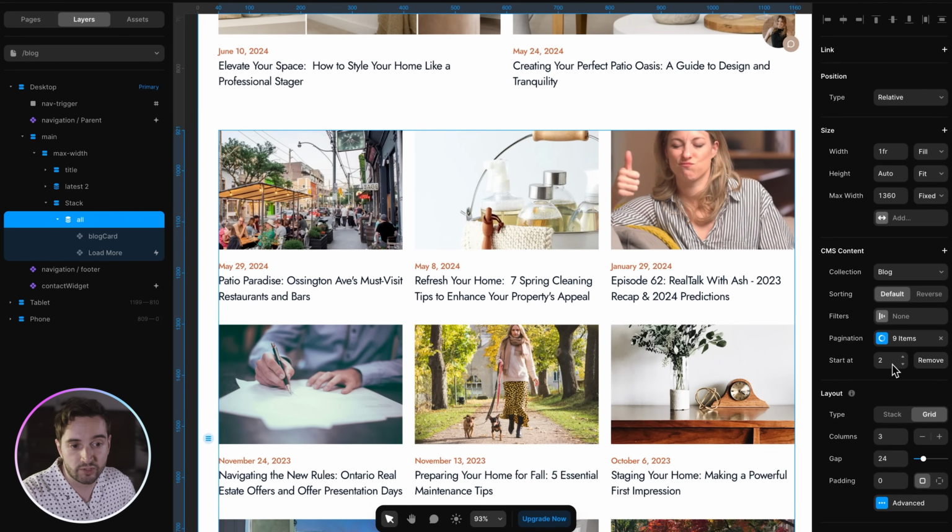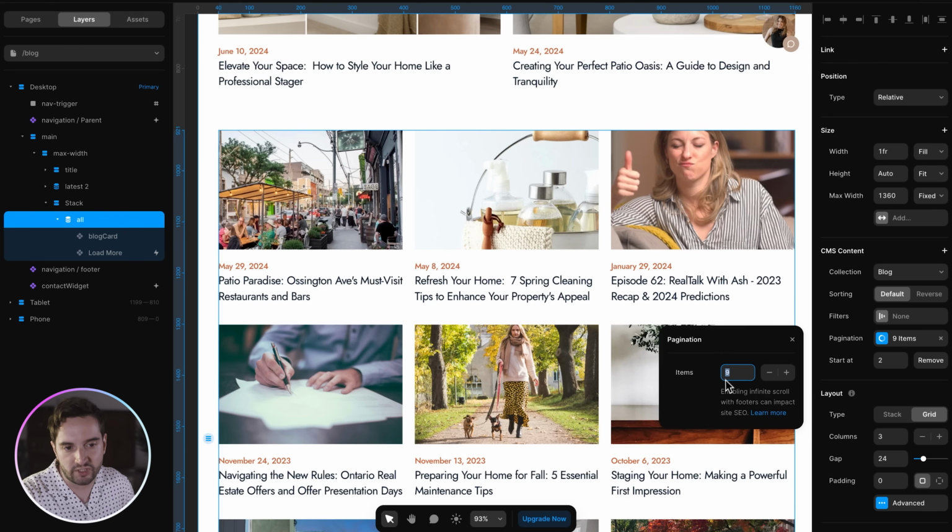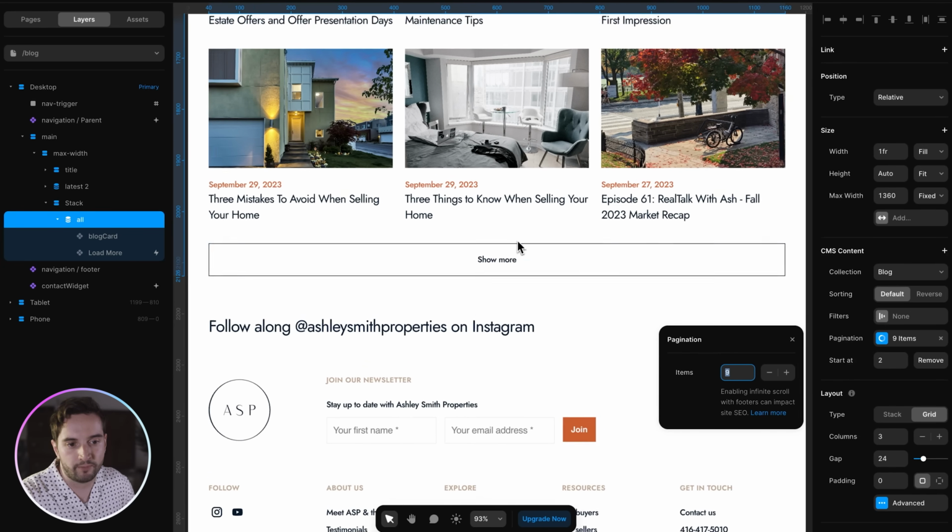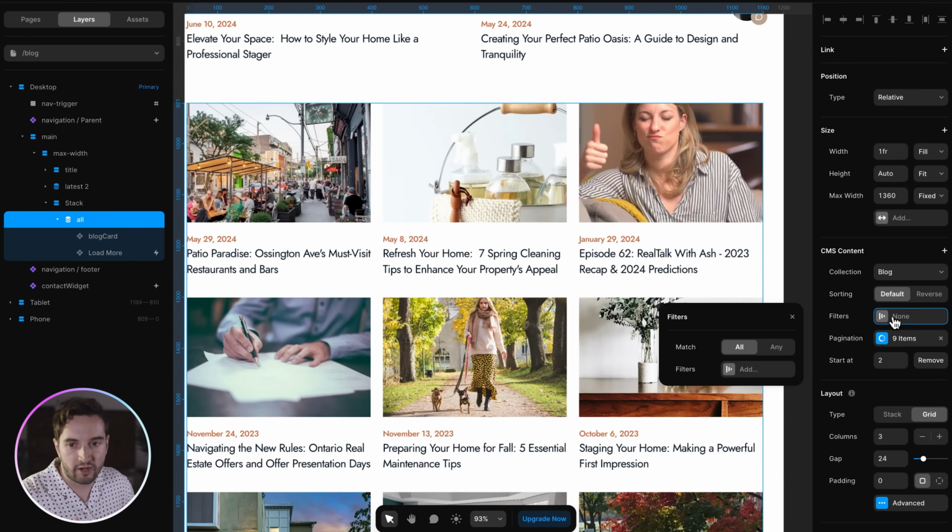We have start at 2, so we don't have a limit on it. We're starting it at 2, which is actually technically starting at 3. We're just ignoring the first 2. And then we have a pagination. So this is, again, increments of 9 because it's a grid. And then it gives us that same show more button. And if you're adding more categories or tags or anything like that, you could be adding more filters here, but